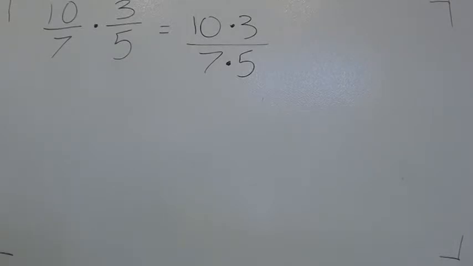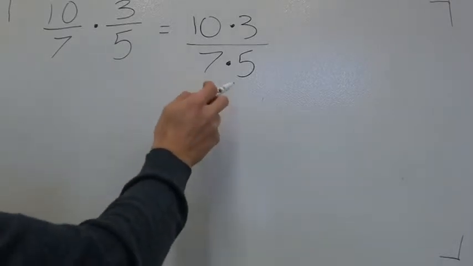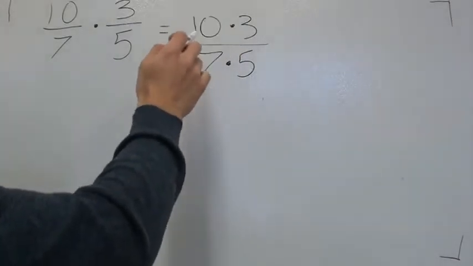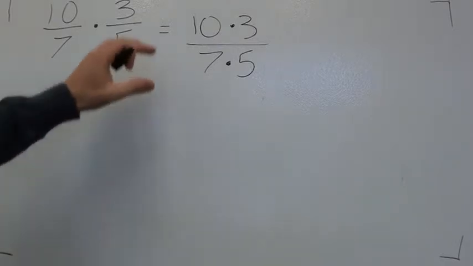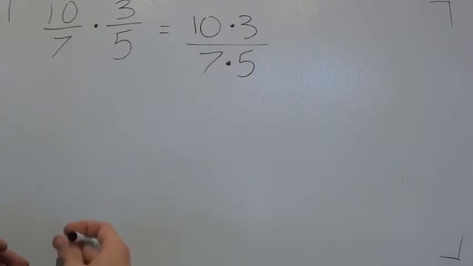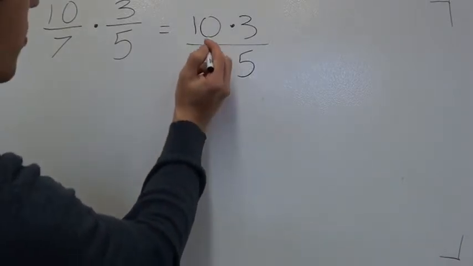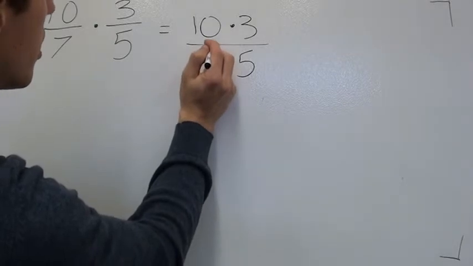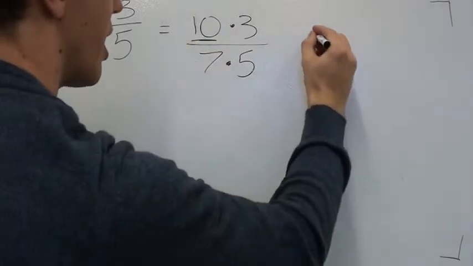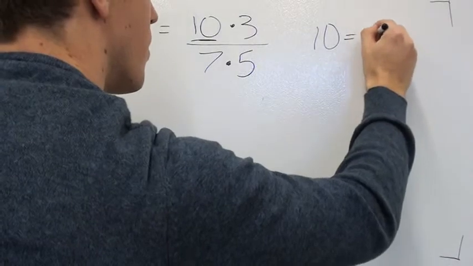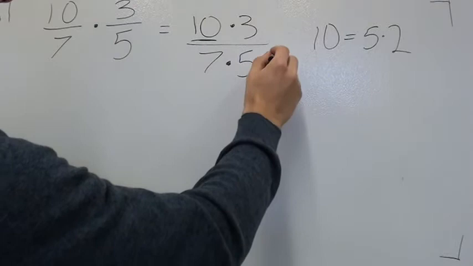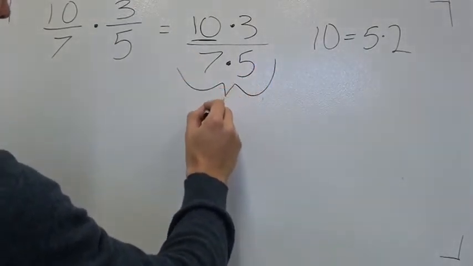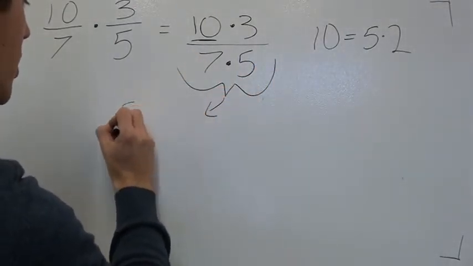Alright, so right now we don't have any of the same numbers on the top as we have on the bottom, but you can always look for common factors in any of the numbers, so you can break the numbers down and simplify it that way. For example, 10 you can write as 5 times 2, right? So keeping the same equation, we're going to bring it down, except write it as 5